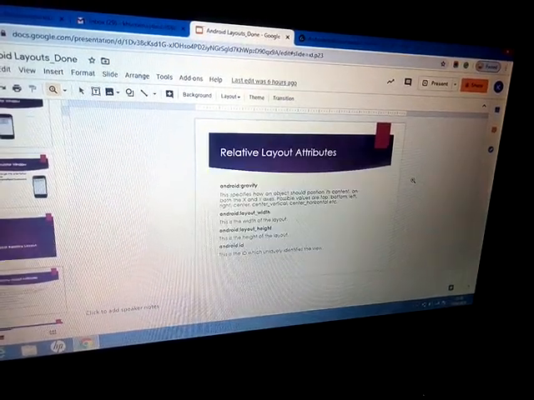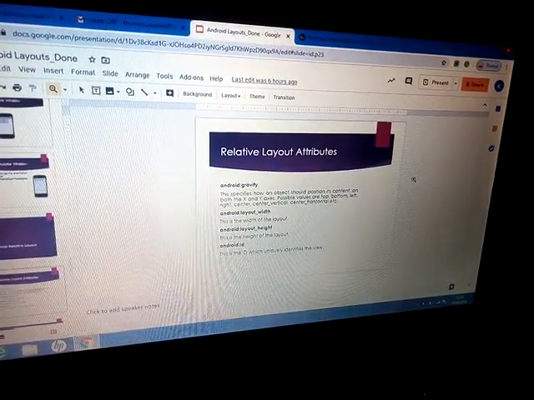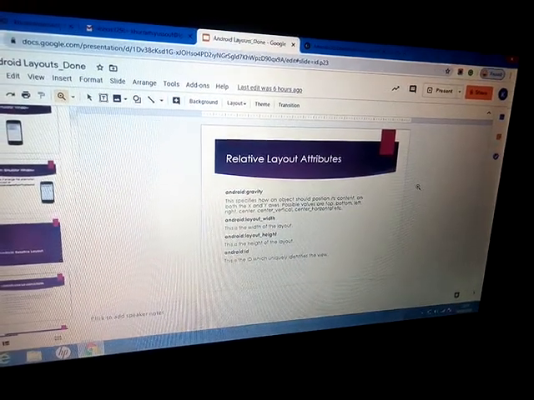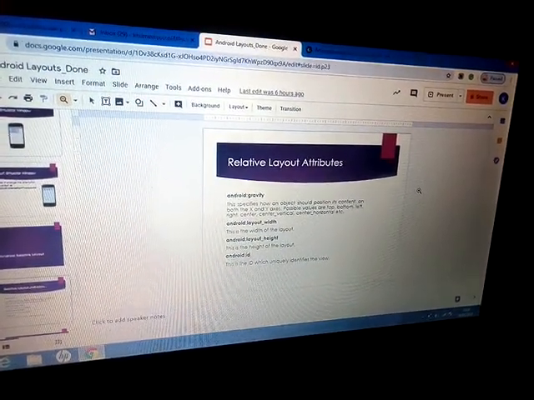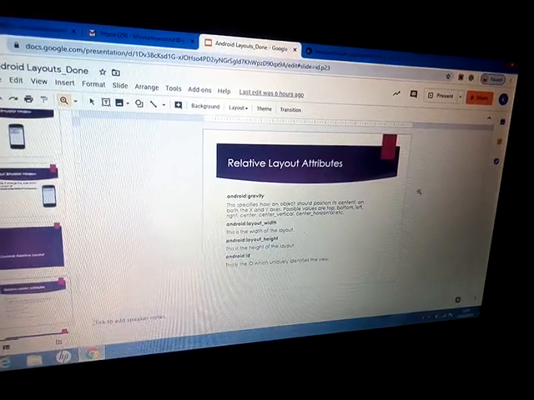And the relative layout, that is the most used layout. There's a gravity, where both the x and y axis are positioned in some way. The possible values